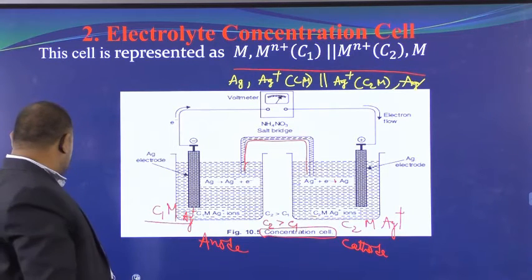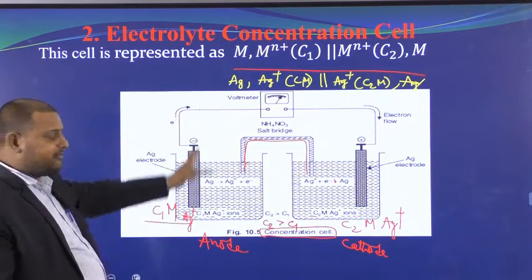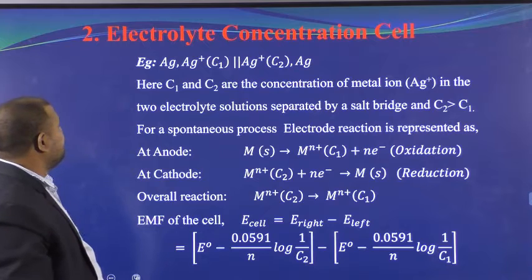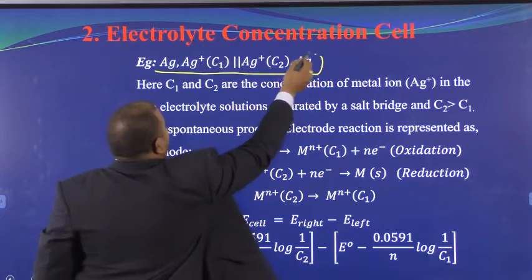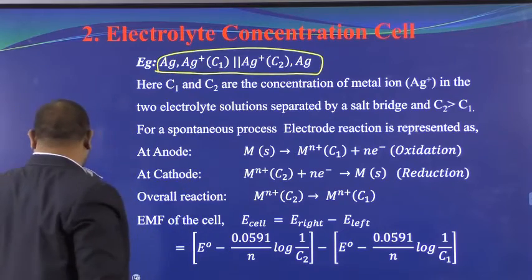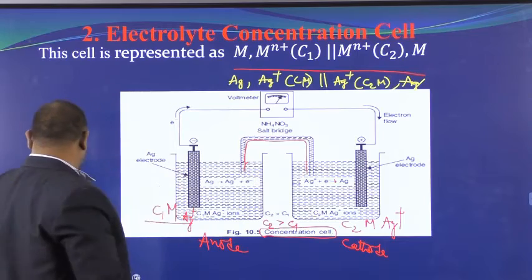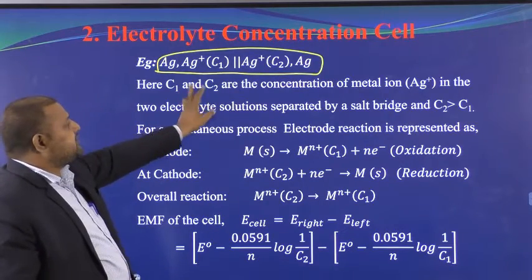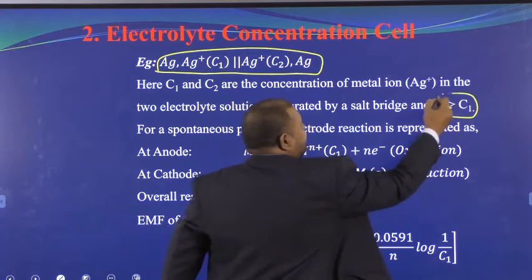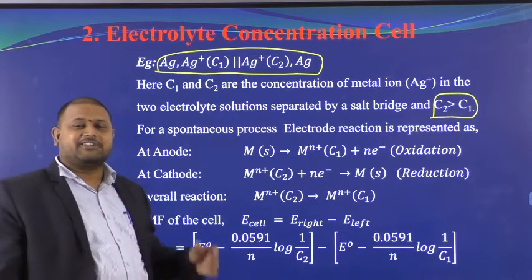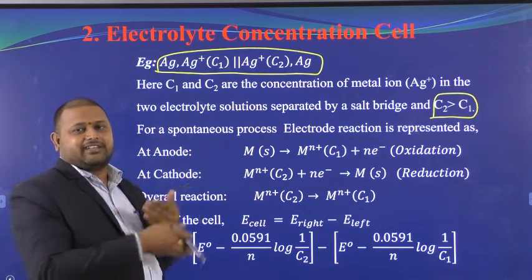Right? So now we will write what we have discussed till now in paragraph form. We will see the points. We are taking the example of Ag plus. This is what I have written there. C1, C2, M. C1 and C2 are different concentrations, and importantly you should remember C2 is greater than C1. If it is reversed, if C2 is less than C1, then the current flows in the opposite direction.